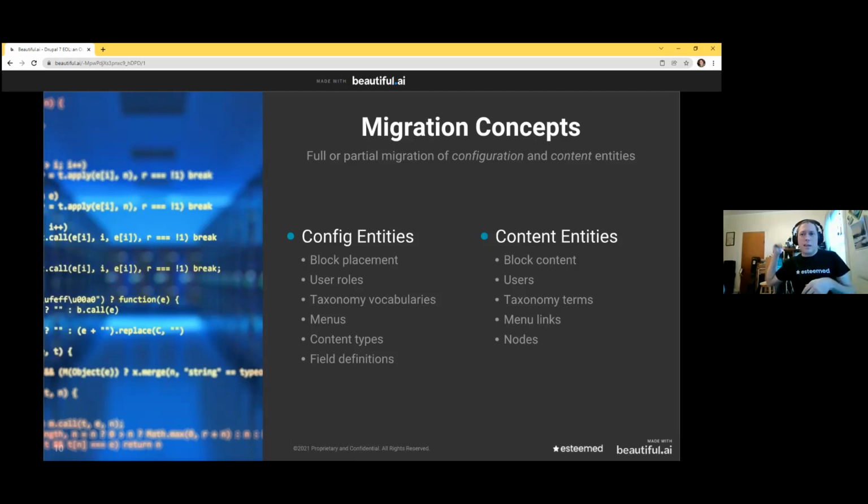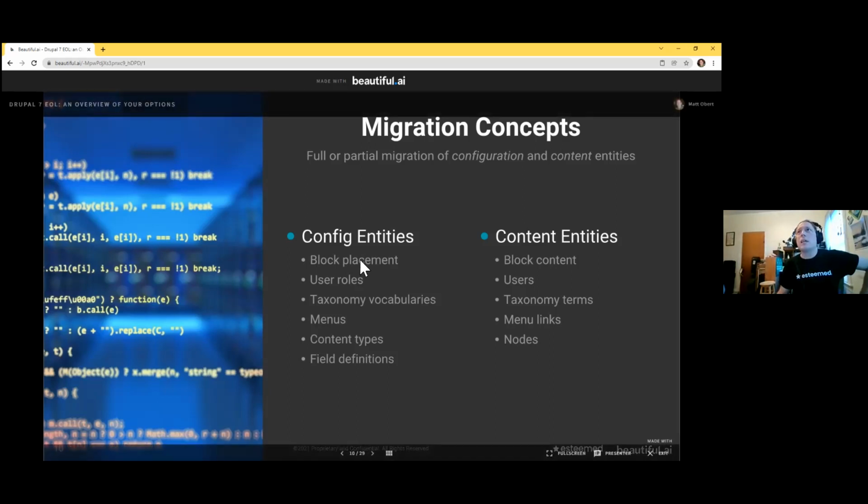And then on the other end of that API, there's a database schema, right? So the configuration tells Drupal how to store all this stuff in the database. And the content is what we put into that container that we've created and defined with the schema,